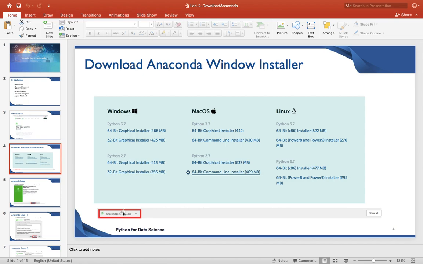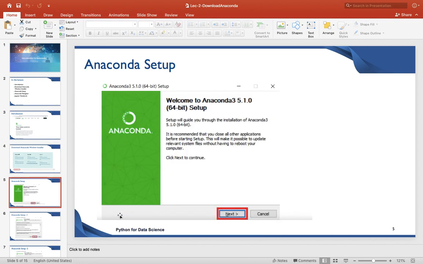So here, if I choose 64-bit, if I am working with 64-bit, then I will choose this, and it will start getting downloaded in my downloads folder. It will prompt me that it is an exe, and the exe would start getting downloaded, right? After it has been downloaded, you double click on that exe, and this kind of setup will open up on your screen. Then it will say this is the welcome